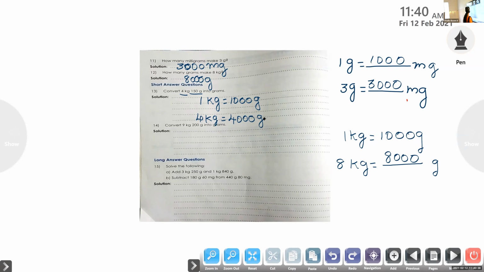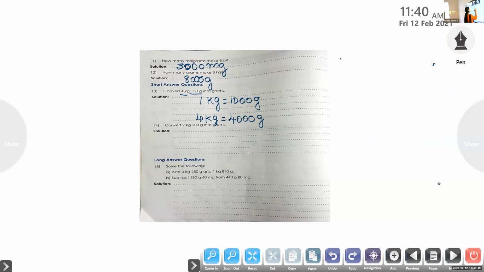Now our question is 4 kilogram 150 gram. So 4 kilogram, now we got it is 4000 grams plus 150 grams. We can write 150 more grams are there. So 4000 plus, all of you can write along with me, 150 grams. 4000 plus 150 we will get 4,150. You can remove the last 3 zeros and write 150. Then it will be 4,150 grams.